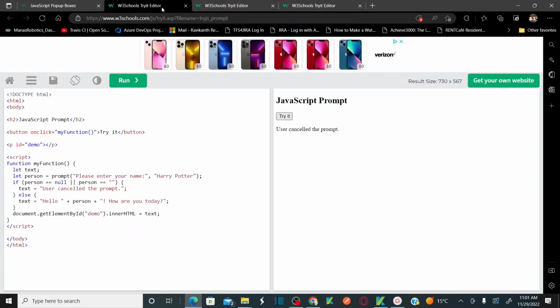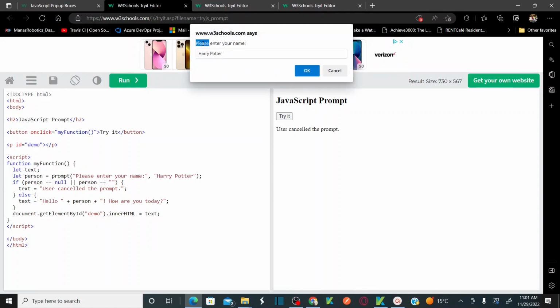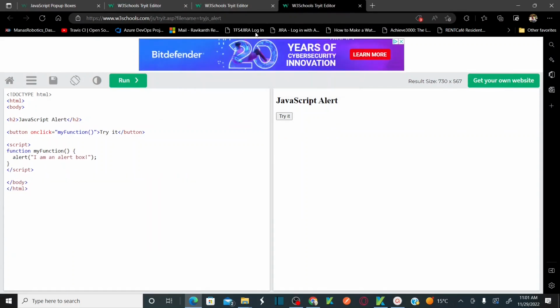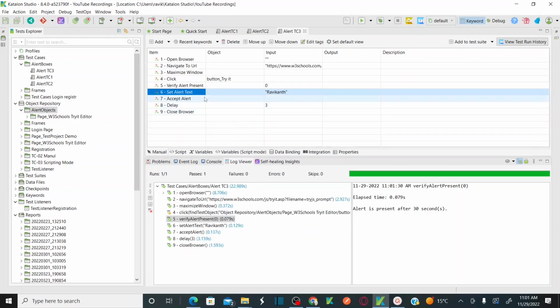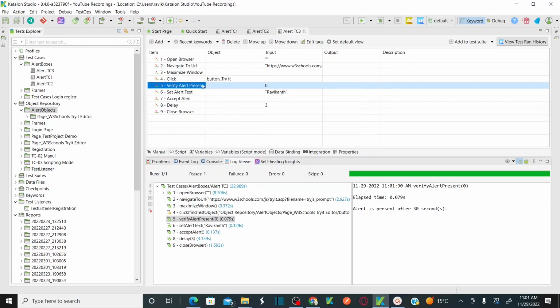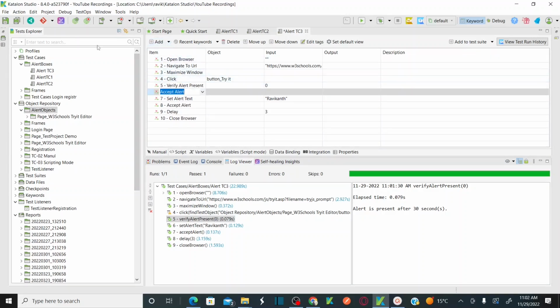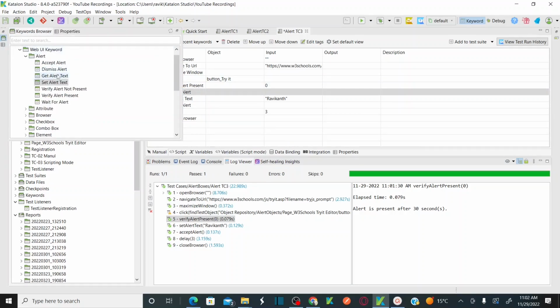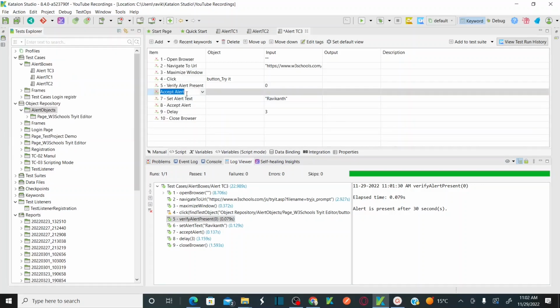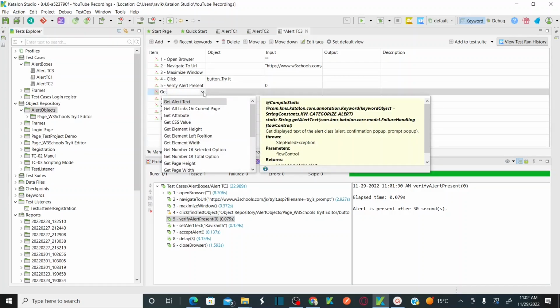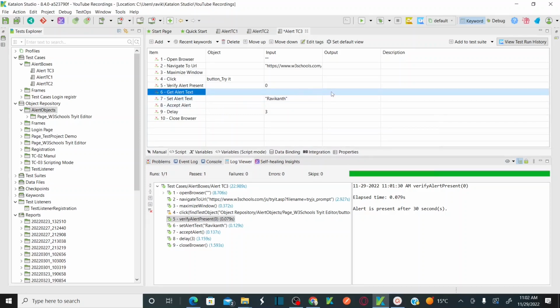Okay, what if I want to verify the text? If I want to verify this dialog box text, how can I verify that? It's simple. Let's go back to Katalon again. Let's verify the alert present. After that, I want to add one more step. You have one built-in function called get alert text. Let's do that, and I'm going to store this alert text to